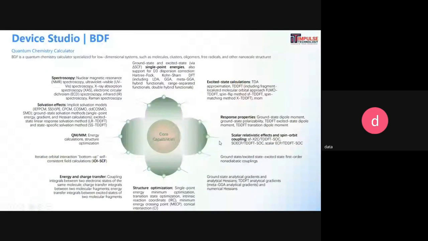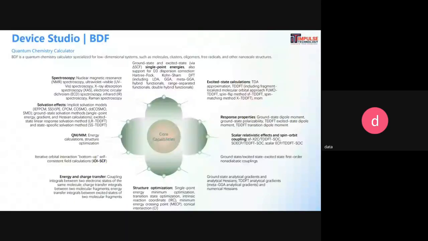And here you can see the quantum chemistry software, which is BDF. Basically, BDF is a quantum chemistry simulation package. It is used for the electronic structure of atoms and molecules, and density functional theory. It helps to predict electronic properties, band structure, charge distribution, study molecular behavior, simulate chemical reactions, analyze optical